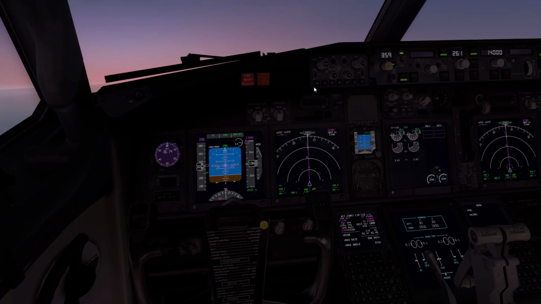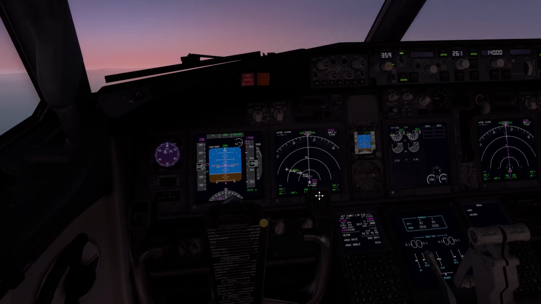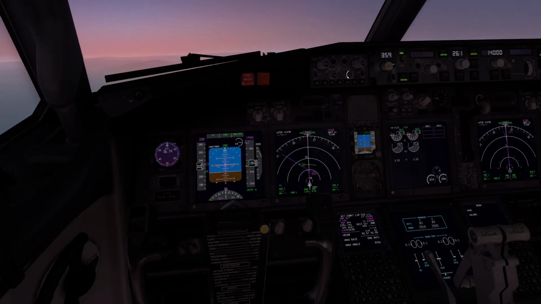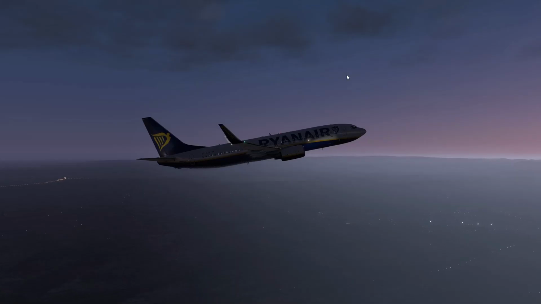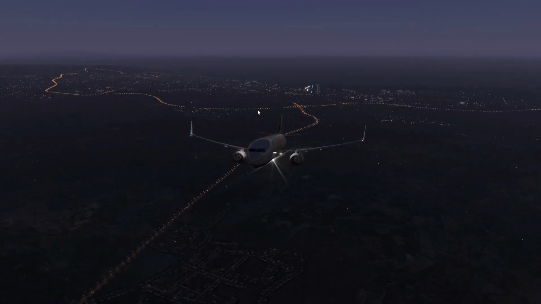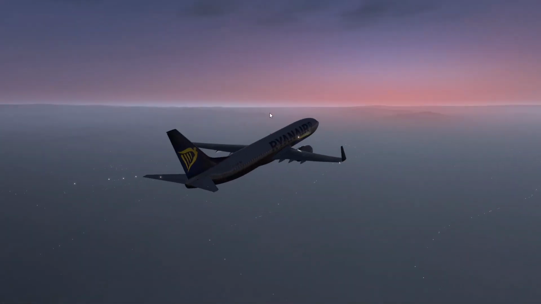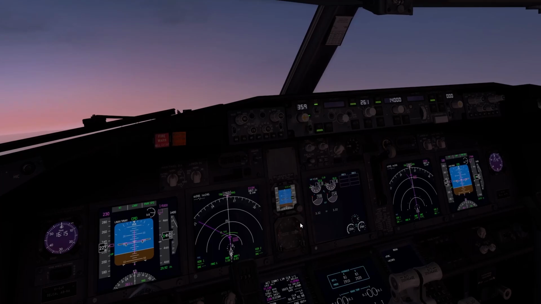And there we go. The plane will now follow the flight plan. Here is where you can relax, enjoy the views from outside, do whatever you like basically. So I'll